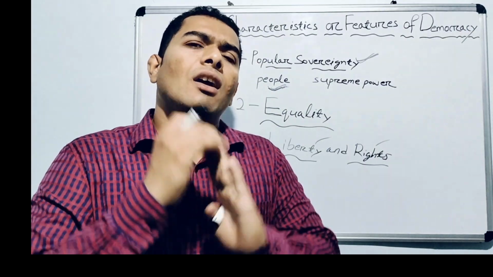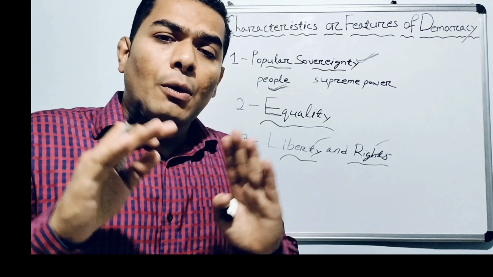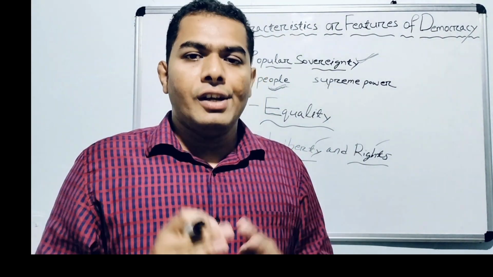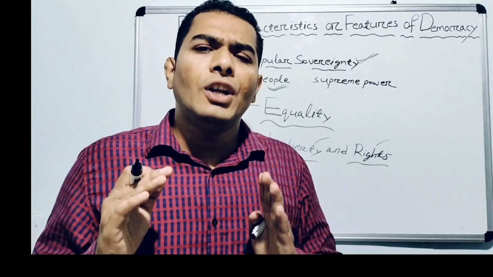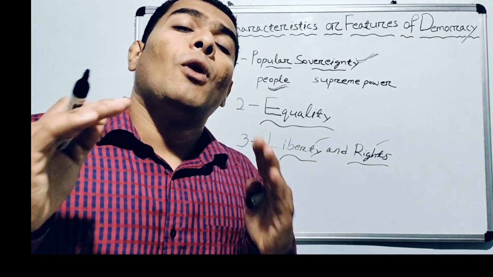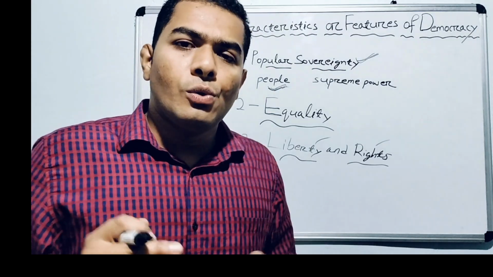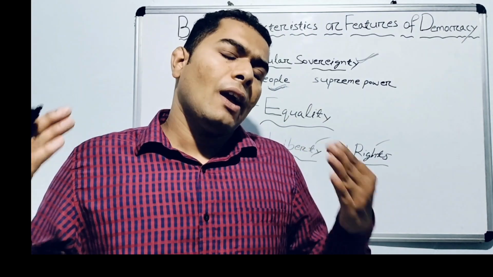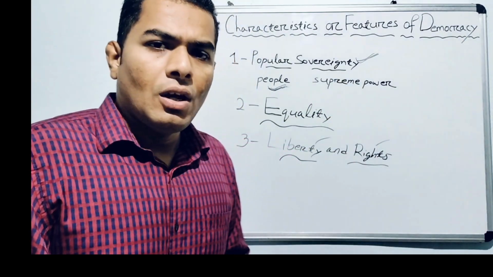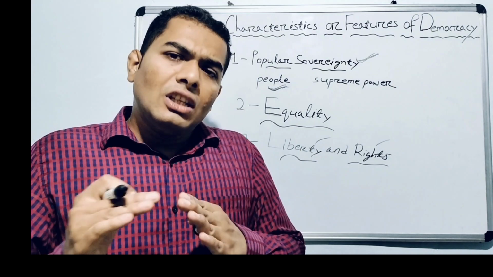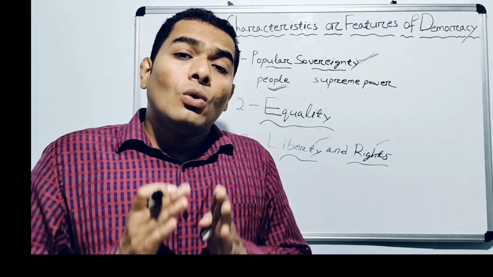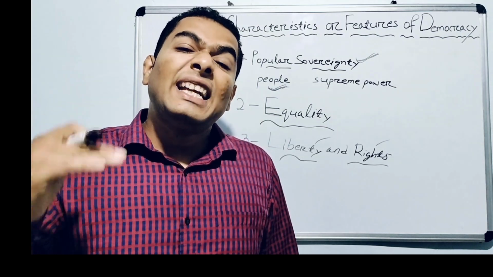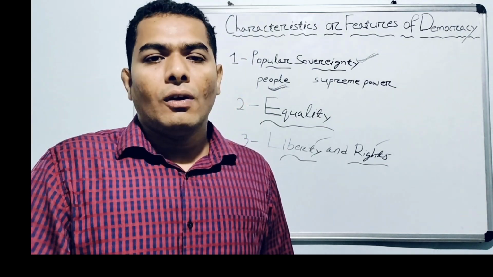Social liberty and social rights mean in our society all the individuals are free and independent, and they will perform their tasks and their duty, so that they will live a free life, good life, peaceful life, happy life, and developed lives. Okay, so not only this, in the society, all the people also have social rights. Social rights means they have the right to live a dignified life, respectable life in the society.